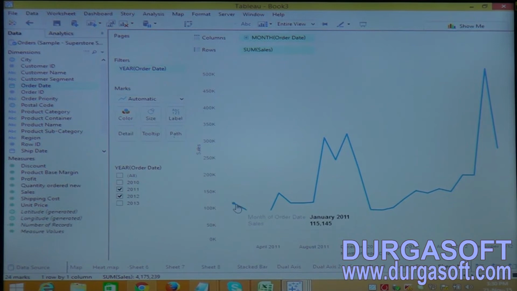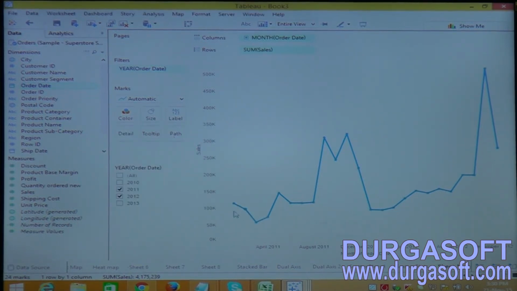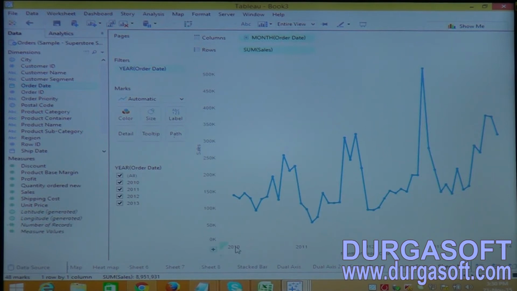Now if you want to represent a symbol or circle on the line chart, go to color and select this one, so that it will give you the division. See, this is January data, this is February, March, April, like this, but it is representing 2011 to 2012. Let me select all the years of data. Now see this is 2010, 2011 to 2012 data. That means it is month-wise only. It is showing